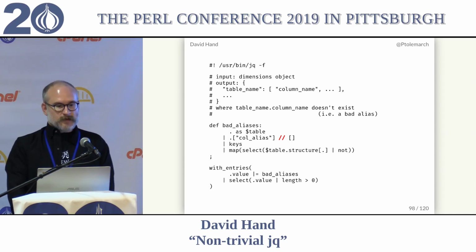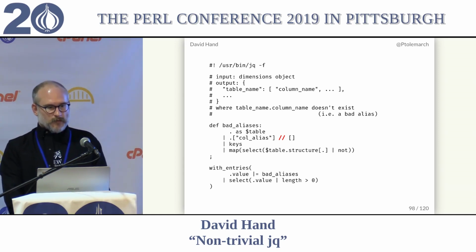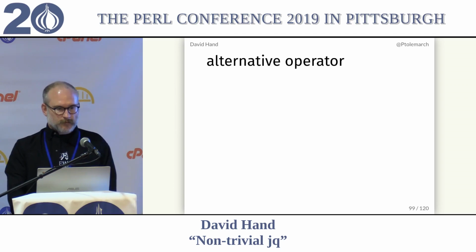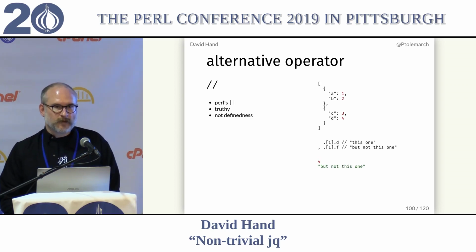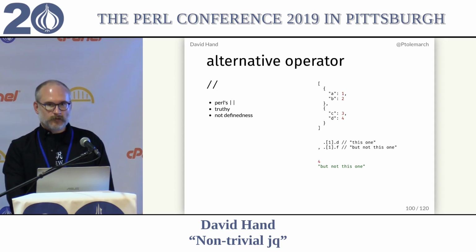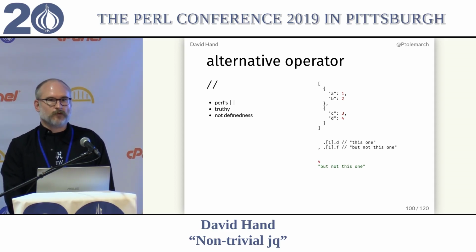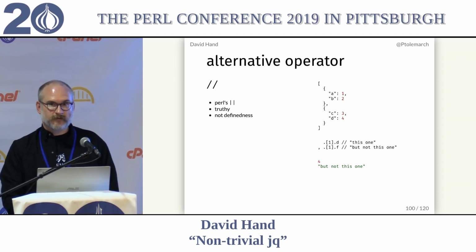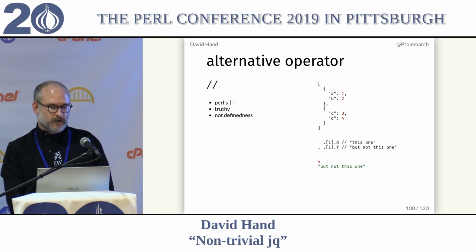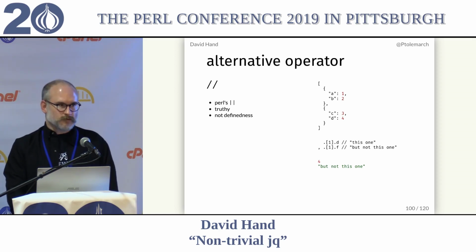Let's look at this. This is the alternative operator. So the alternative operator is a little bit like Perl's OR operator. It is not similar to Perl's defined OR operator. It only checks truthiness, not definedness or something like that. So